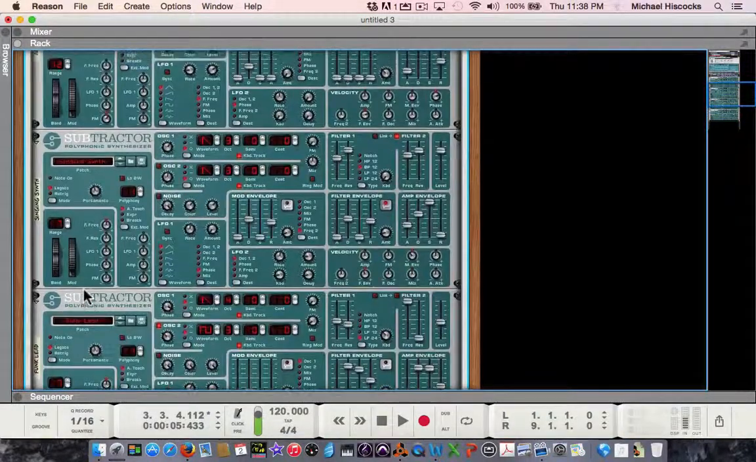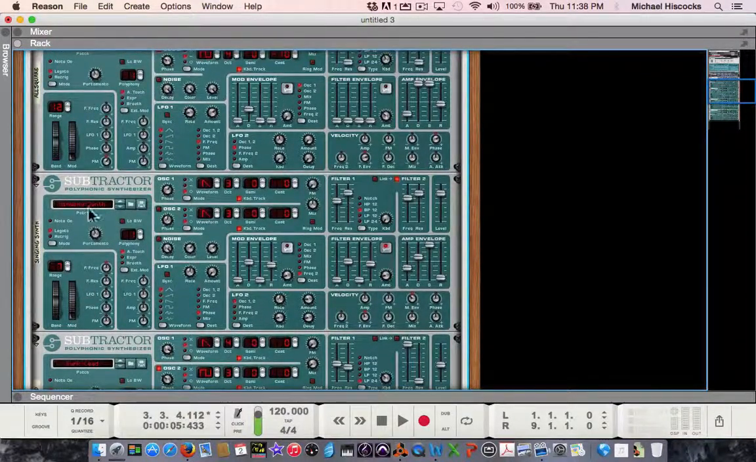Let's make them all consistent. Let's make them all bend up and down the interval of a fifth. So that's 7 semitones. All right, more consistent, great. And then we could set the mod wheel if we like,